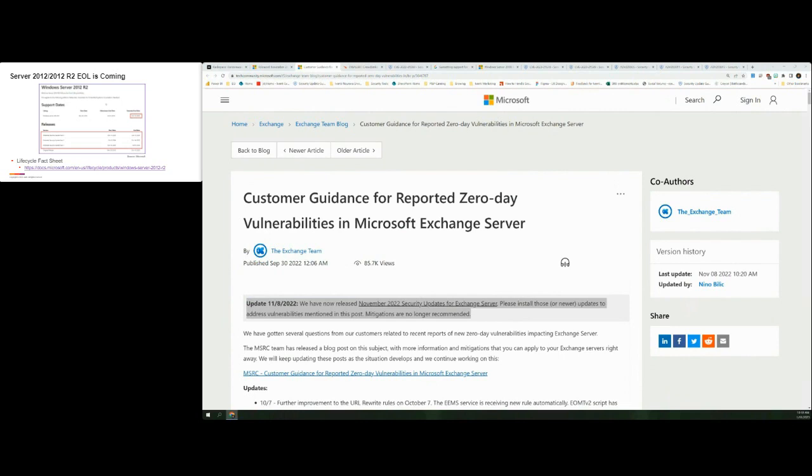So, Russell's question: wouldn't Microsoft's Exchange Online also be vulnerable? In this case, Microsoft applied the patch. So in the short term, when the patch wasn't in place, Microsoft's Exchange Online technically could have been vulnerable if they had only the mitigation in place. But later, when they put the patch in place, Microsoft's hosted Exchange Online would not be vulnerable at the time that the Rackspace attack occurred, because they put the patch in place. But Russell, I think it is Exchange. They're managing it though, so you've got knowledgeable teams doing that.